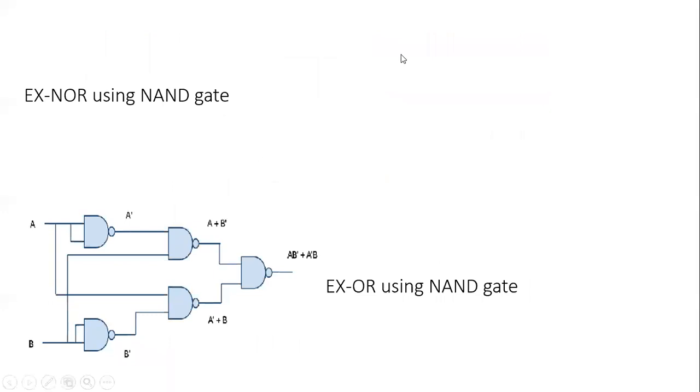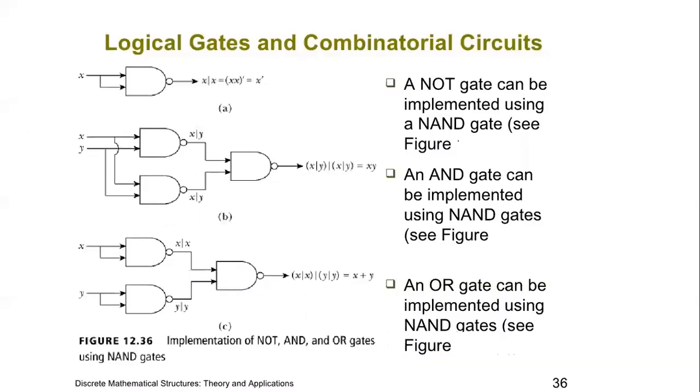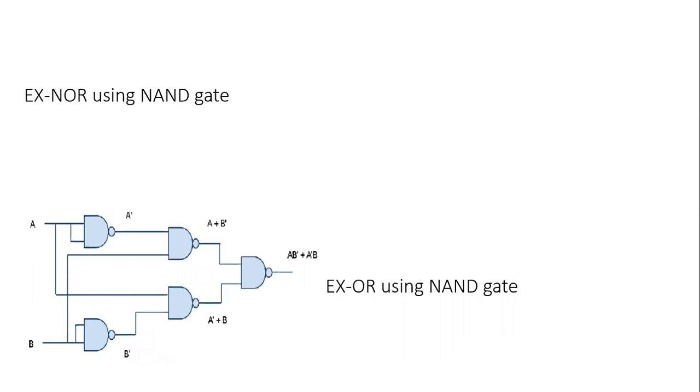Next, if you are using NAND gates for XOR, how many NAND gates are you using? Here one thing you need to remember, that comes as a multiple choice question. How many NAND gates are required for these operations? Remember, for the NOT gate, we have used one NAND gate. For the AND operation, that is the multiplication operation, we have used three NAND gates. For the OR operation, that is the addition operation, we have again used three NAND gates. Now for XOR, we are using 5 NAND gates. Remember the formula for XOR? It's A B bar plus A bar B.